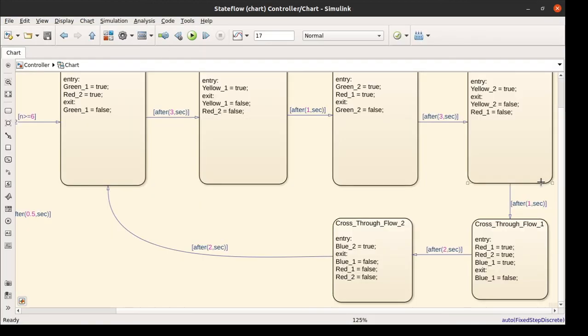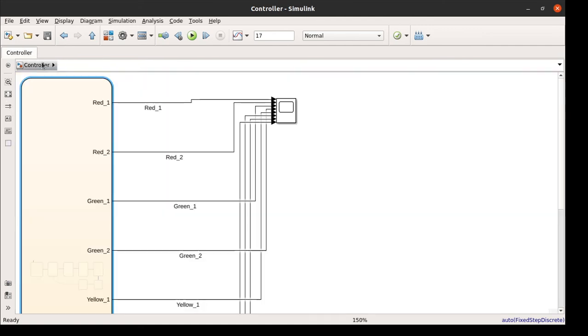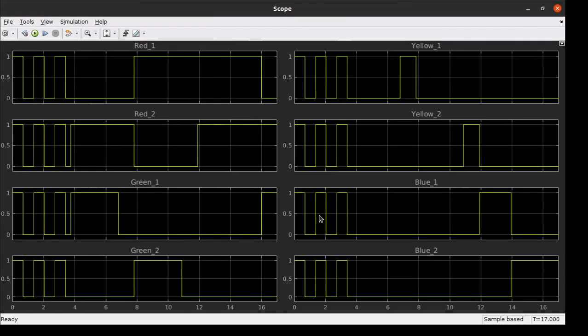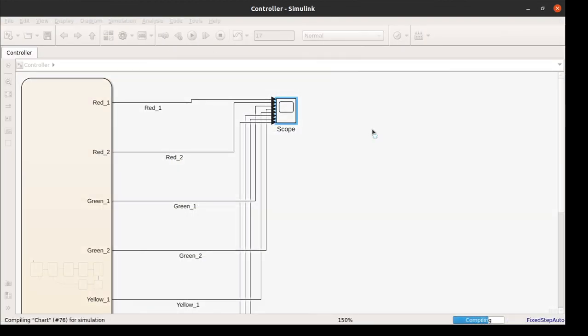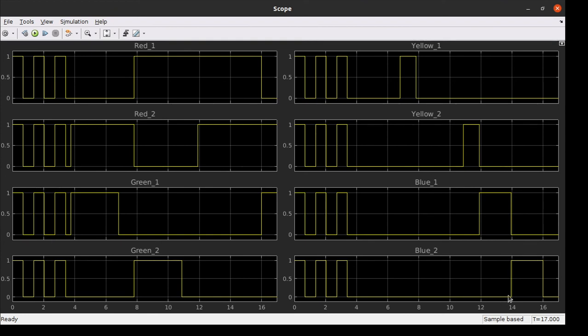Now here we need to fix blue 2, because I see some glitch in the wave. Let's see, here you can see the blue 2 is turned on for more than 2 seconds. That's where I realized something was wrong for the blue 2. So I changed it. Now click on the little green play button and we'll see if that works well. Yeah, as you can see, the blue 2 is turned on only for 2 seconds, similar to blue 1. So this is how we can ensure our logic is working fine even before deploying our software to the actual hardware. That's how we can save our resources.